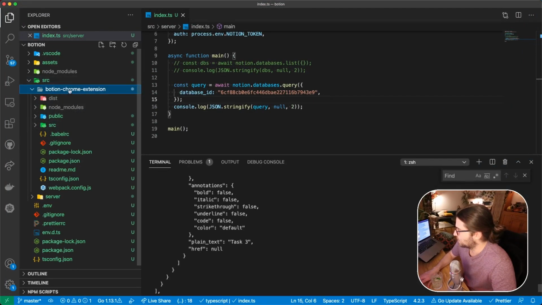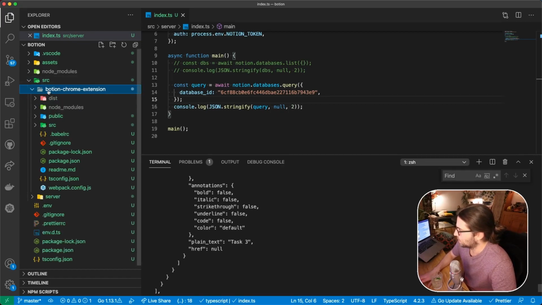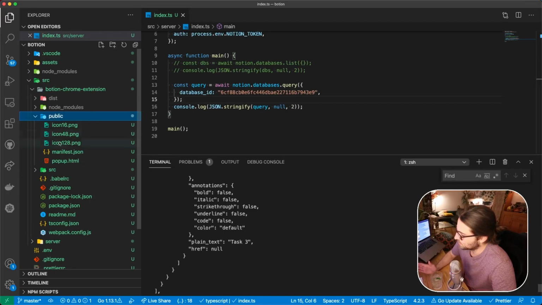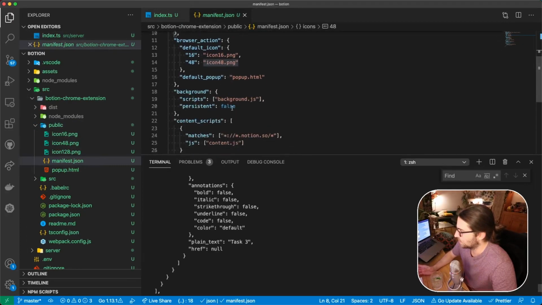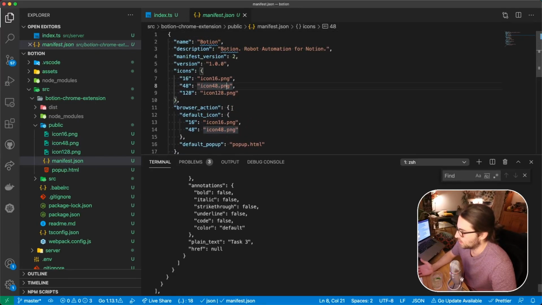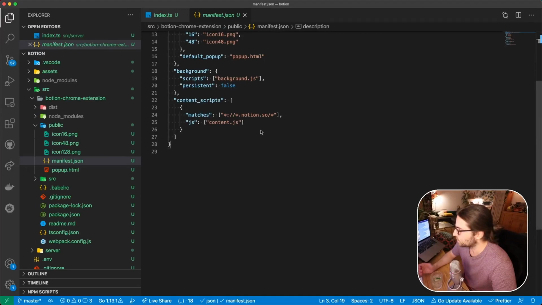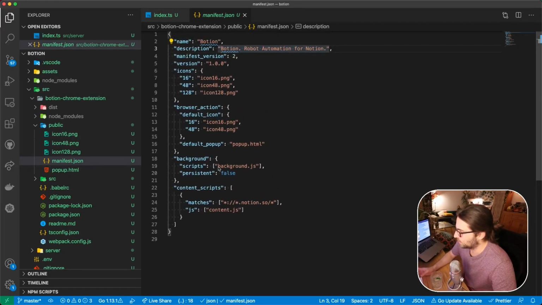Right, so you go to the Chrome extension, you can see that. In this particular example, I just stored it in a folder like source Chrome extension. This Chrome extension is going to have multiple things, but we are pretty much interested in three main things. One thing that we need is the manifest. We need to tell Chrome what this extension is, what's the name, what's the description, what are the different icons, and something very important here is that